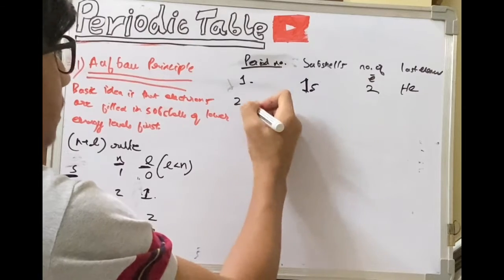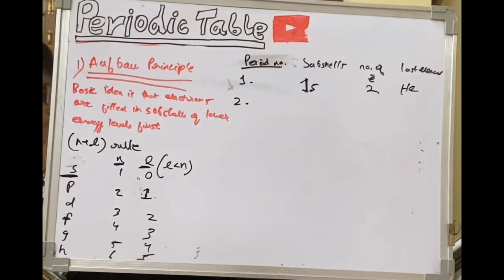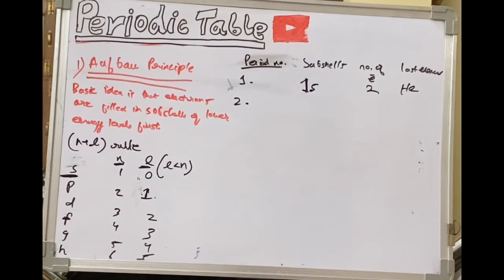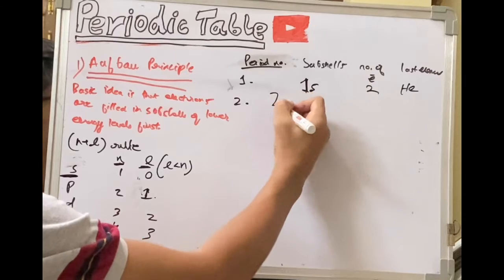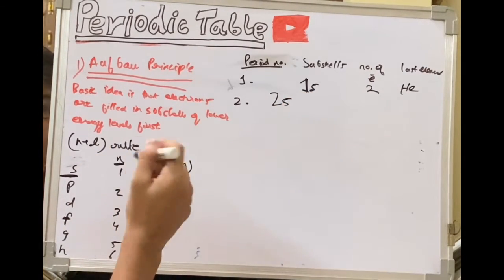Now we'll come to period number 2. So here we can't put 1s because we are jumping to the second shell. The first shell is completely occupied by the 1s, because the minimum requirement is 2 electrons. So we'll directly jump to the second shell. So it will be 2s. Now you can say that 2s will have lesser energy than 2p,